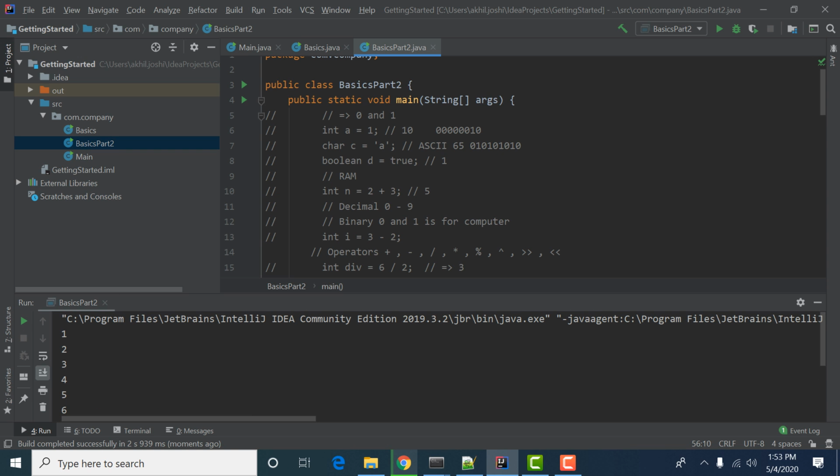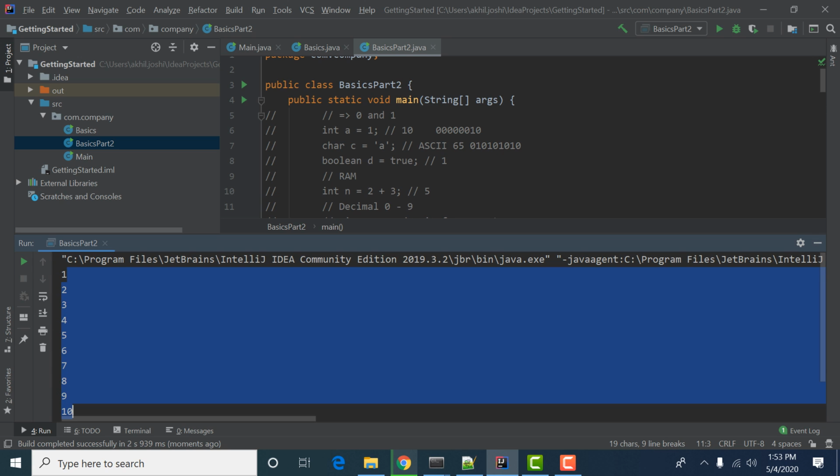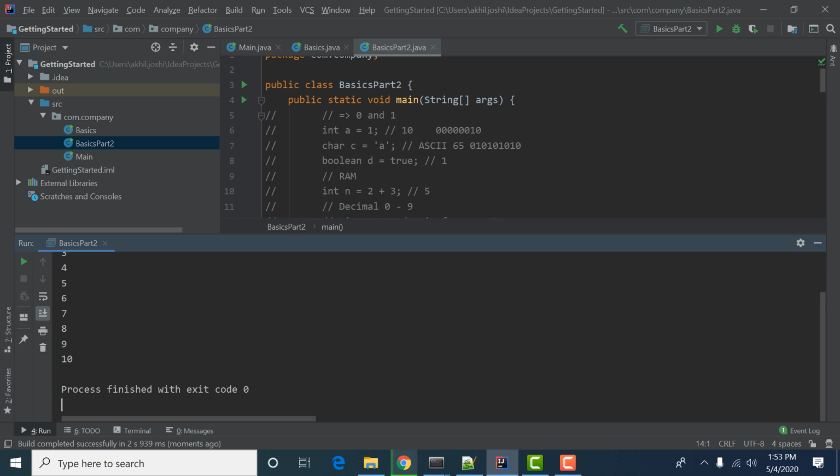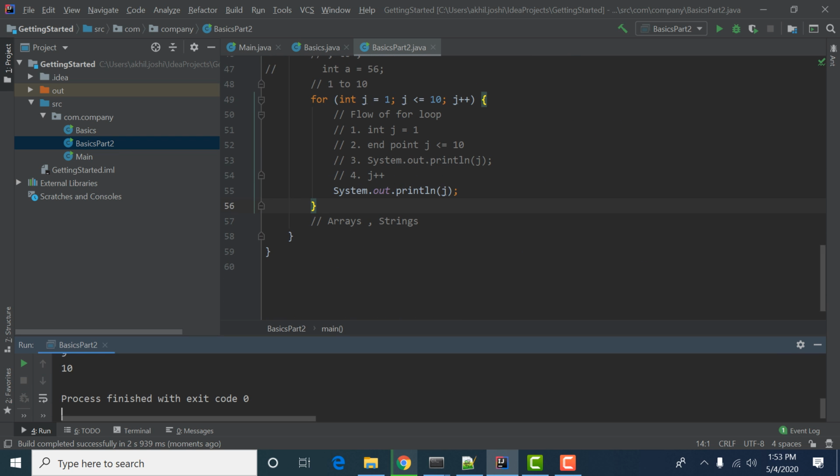So in this, these things are printed in another line because we are using println. Ln means print this word and take the cursor to the next line.